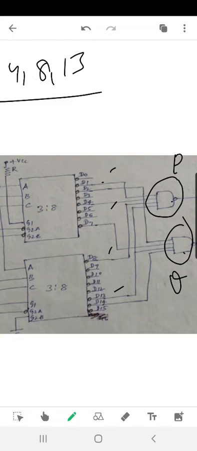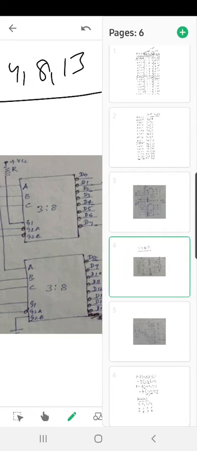Why did we use a NAND gate here? Because in yesterday's class I told you that while implementing min terms using an active low decoder, we use a NAND gate. Okay, so we are using a NAND gate here. So this will be our implementation using our 4:16 decoder. This is how we will use our 4:16 decoder. Fine. Let's try to solve another question.